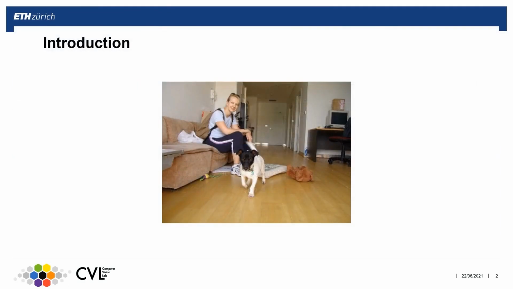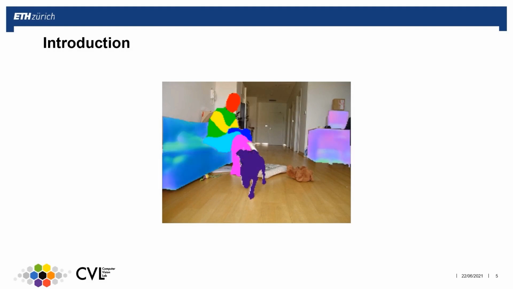Let's look at this image and imagine we would like to apply augmented reality. In order to do that, we need to understand it better. We might want to know the pose of the woman, as well as which animal is present in front of her. Also, we might like to know the normals of some objects of interest and the edges in the background.